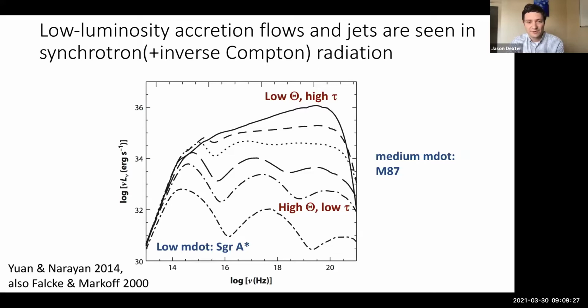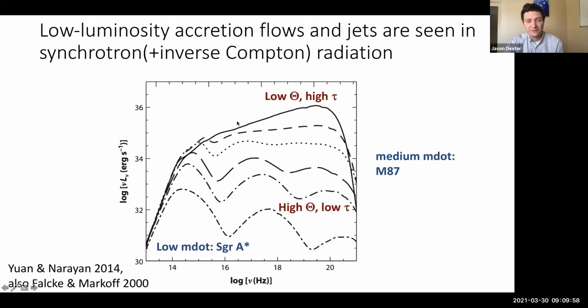The basic idea is when we're at very, very sub-Eddington, like in the center of our galaxy, then we have relativistic electrons, high temperatures, which are this theta here, and low optical depth. And so we see the synchrotron peak very distinctly in this example, and then inverse Compton bumps of 1 and 2 scatterings. As you go to higher m dot, the cooling becomes more important. So the electron temperature goes down, the spacing of these peaks narrows, they come together, and the optical depth is higher so that you get more scattering.